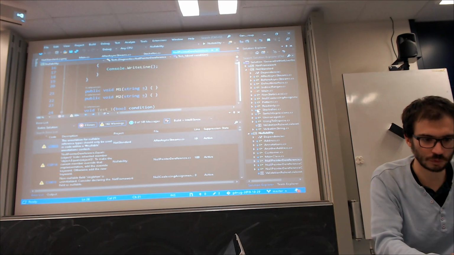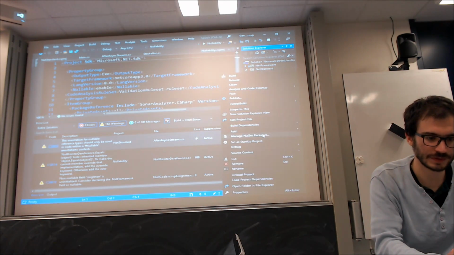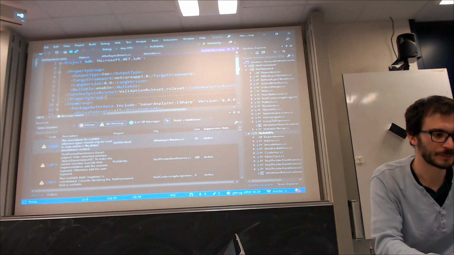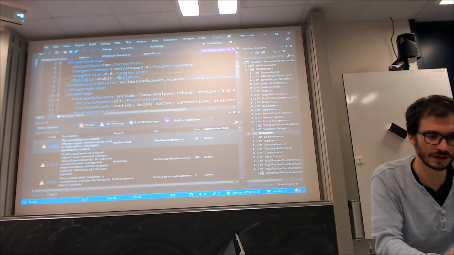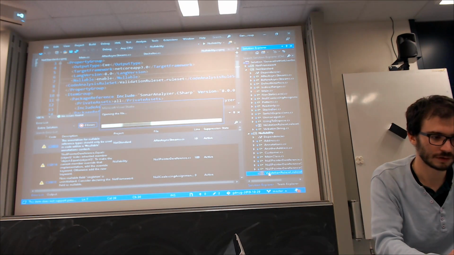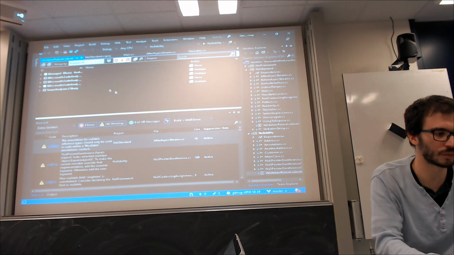Just to specify all the steps: it's a .NET Core app 3.0, the lang version is 8.0, nullable enabled, so warnings and annotations are enabled. To compare the compiler versus Sonar C#, I've included it as a NuGet package, and it's free to use. And in the validation rule set, I've just enabled the warnings for